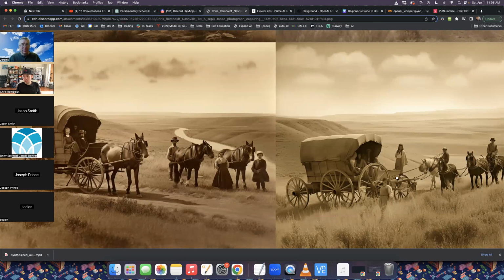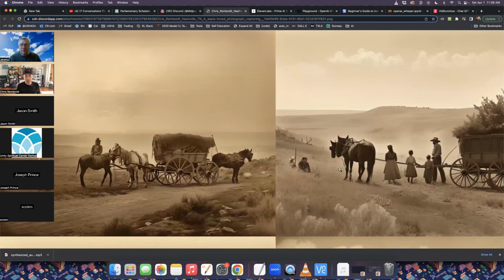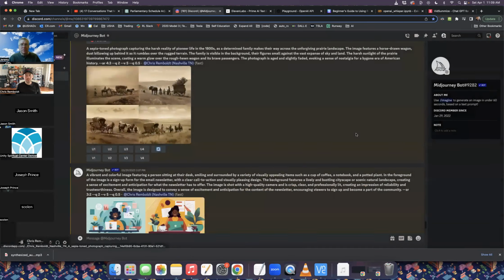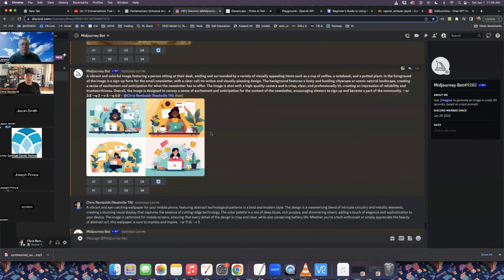But this one here, this wagon wouldn't go anywhere at all because it's got a wheel in the front. And that kid there is really weird looking. He's probably haunted. And there's other images here like horses pulling in both directions. So it'll get logical stuff wrong sometimes. It's not super common. It's getting better about that, but just know that's an artifact of Midjourney.